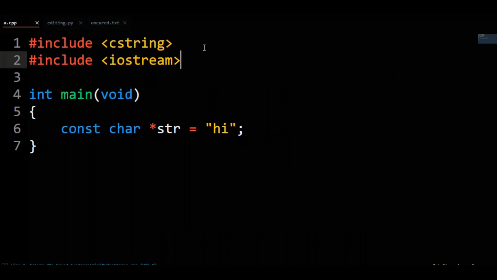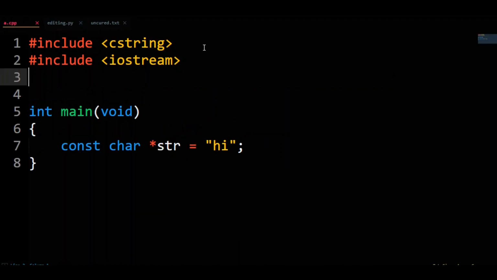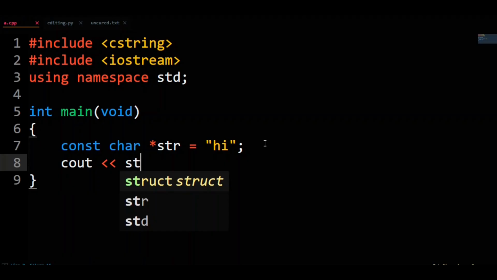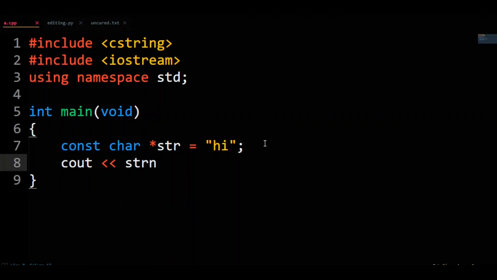Also, it's generally not good practice, but I'm going to do it for the sake of the tutorial. I'm going to use using namespace std. Let's print out the length of str. We will put to cout, calling strnlen on our string